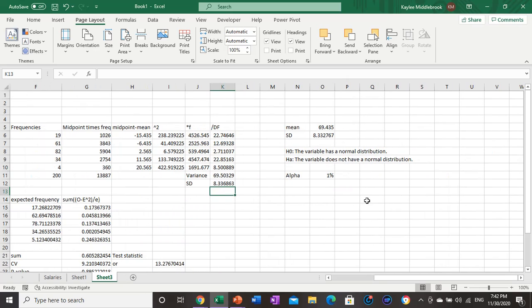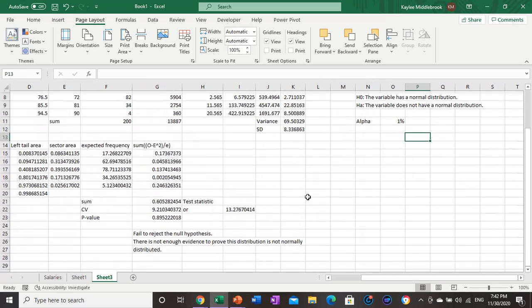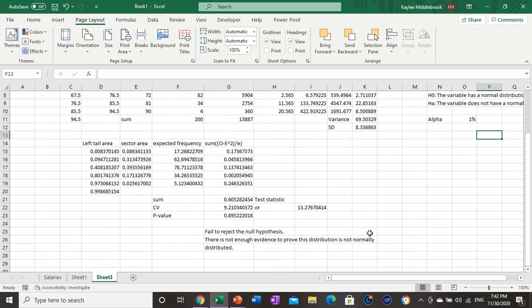And some housekeeping. Step 0, the null hypothesis is that the variable is normally distributed, and the alternative hypothesis is that the variable is not normally distributed. There you go, alpha is 1%. Okay, and then next we're going to